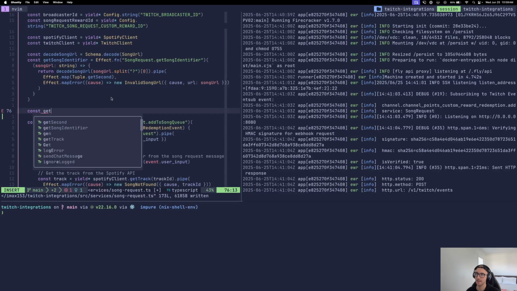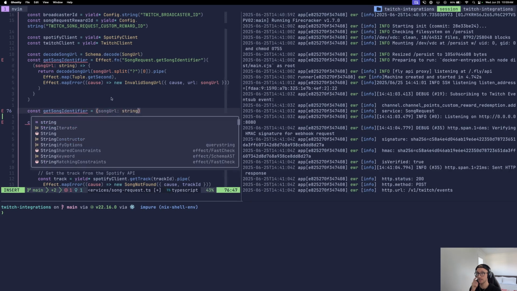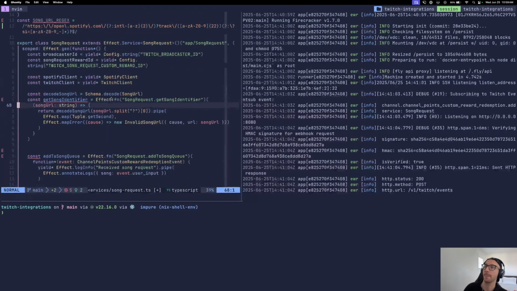Current get song identifier equals. Actually, can this still be an effect? I think it can. It's